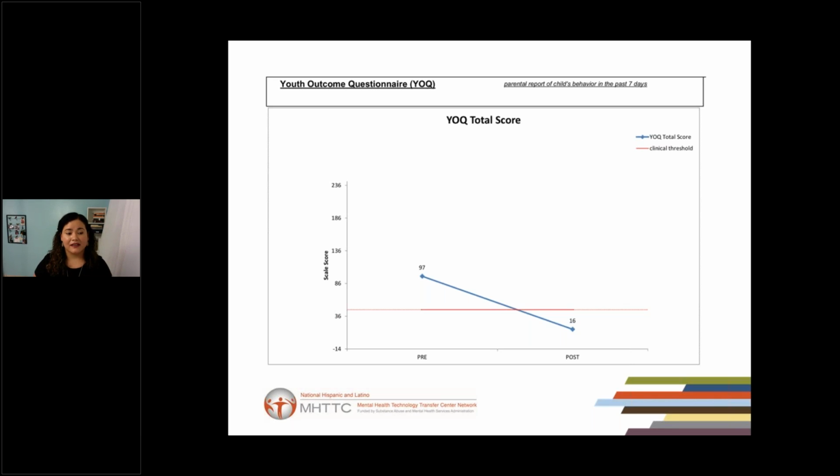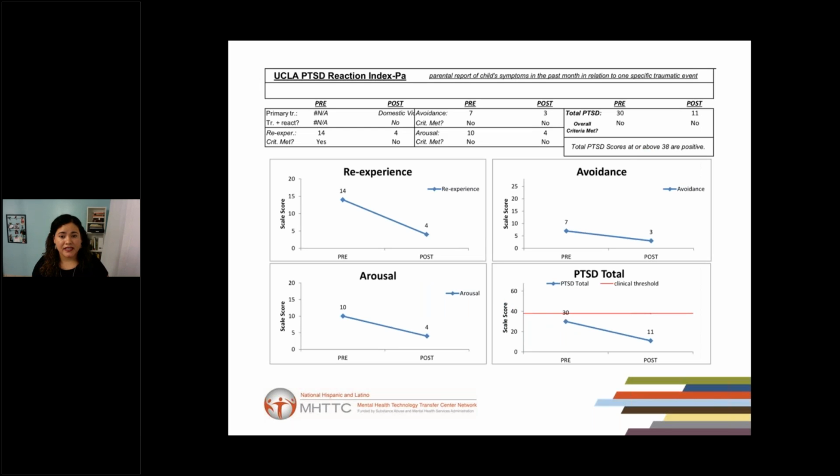The total score dropped from 97 to just 60. And I think this is work from the client and work that the mom did, because they were engaging. The mom was really motivated with the therapy. She was always on time. She was practicing at home some of the recommendations, right? And they did an amazing job in the sessions.